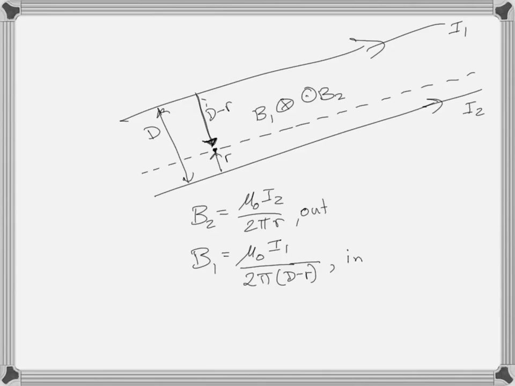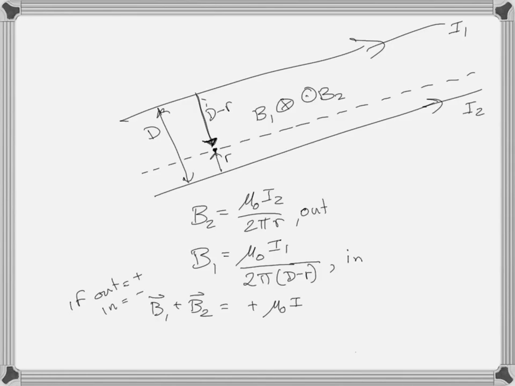Or we can write it either way, right? We can write it as a vector equation, we can write it as a scalar equation. We can say they're equal in magnitude, or we can sum them as vectors. B1 plus B2 is equal to, if we choose out as the positive direction, that means in is the minus direction, then B1 is plus mu naught I,